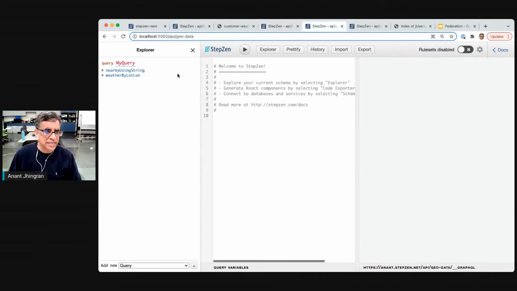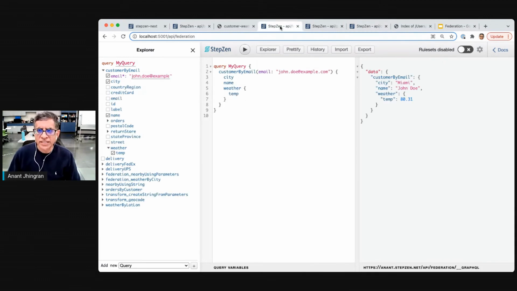The geo subgraph looks like this. It has only those things that the geo subteam has actually produced. They are identical to what they were when somebody was building their own full graph, except that now we have just picked the types and queries that are relevant for geo, and then the customer subgraph is exactly the same as it was before, but it doesn't have geo sub elements to it. And both of them are really exposed as GraphQL endpoints. And what this federation layer does is it then goes and issues queries against those GraphQL endpoints.